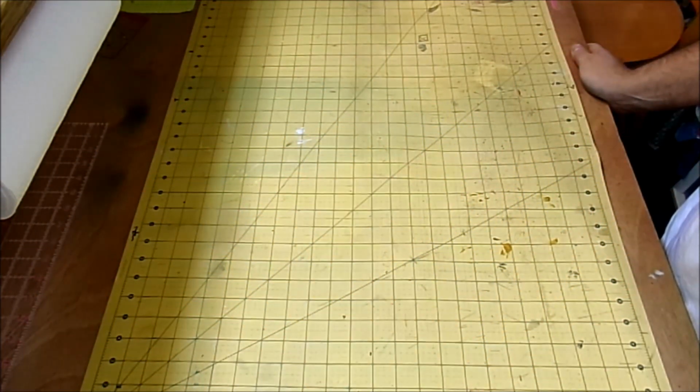What's up, YouTube? Now Halloween is just around the corner, so today I'm going to show you an easy Quilt-As-You-Go Halloween table runner. The things you're going to need to make this table runner are